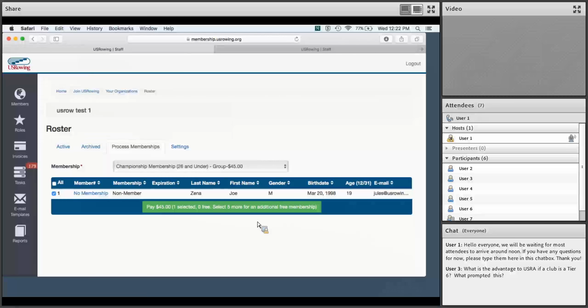I see Paula's question. She asked, what is the advantage to US rowing if the club is a tier six? So what prompted this? There are a couple reasons why we did that. The first reason is we think it's a benefit to individual rowers to have a championship membership. It allows us to give them more benefits. There are a lot of people who need this already, and what we noticed was there were a lot of